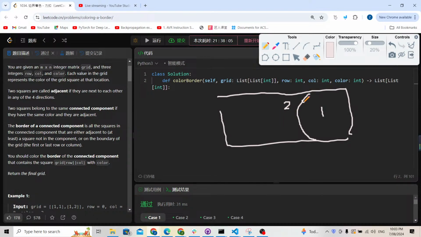So for this dot, it has a neighbor that is not inside the component, because on the right side it is 1, which is inside the component, but on the left side it is 2, which is not inside. So all those cells in the border areas should be our answer, because this is the first condition: either adjacent to a square, this square 2, not inside the component, or